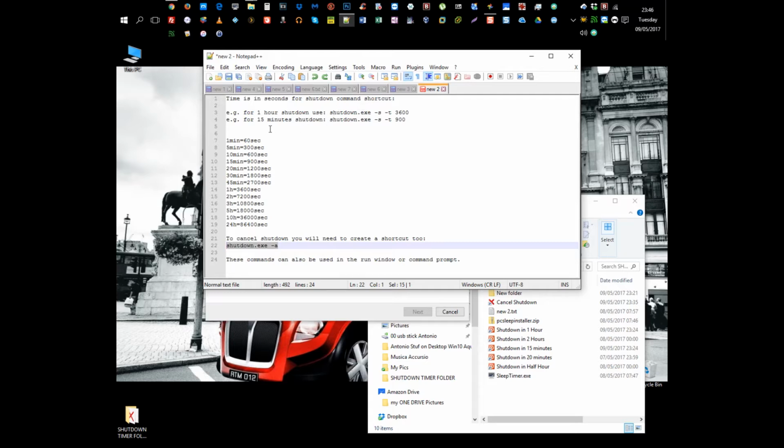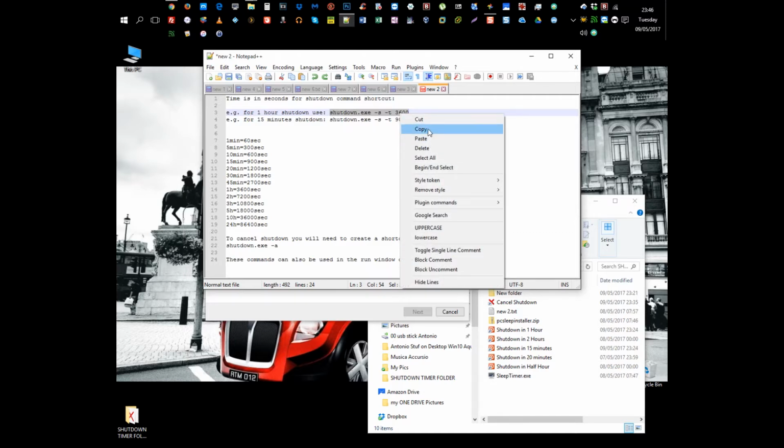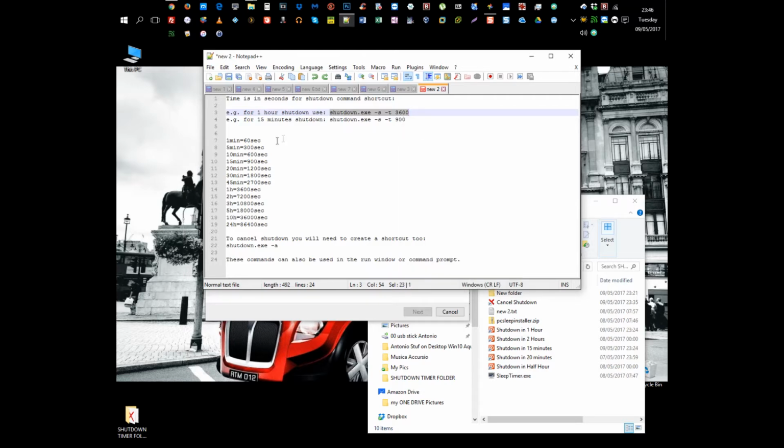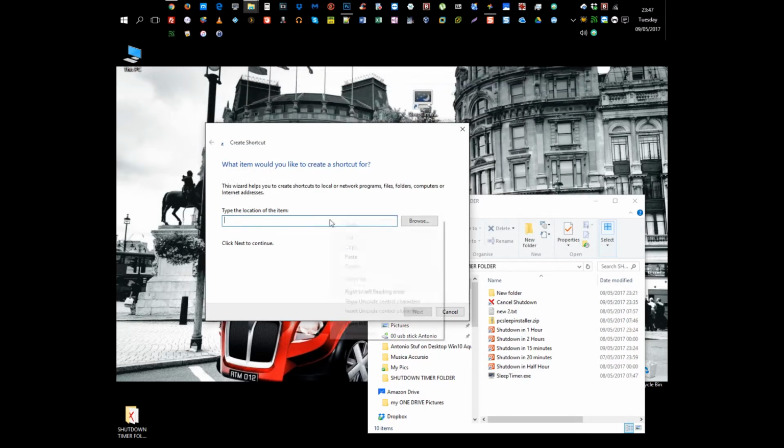So if you want to shut down, for example, in 1 hour, you would use the command shutdown.exe space -s space -t space 3600, which is the seconds. You have to change the hours into minutes and seconds. And as you can see here, there's a list of what 20 minutes is and what 2 hours is, etc. So if I copy that line and I go here and paste it in here, I'll do next,